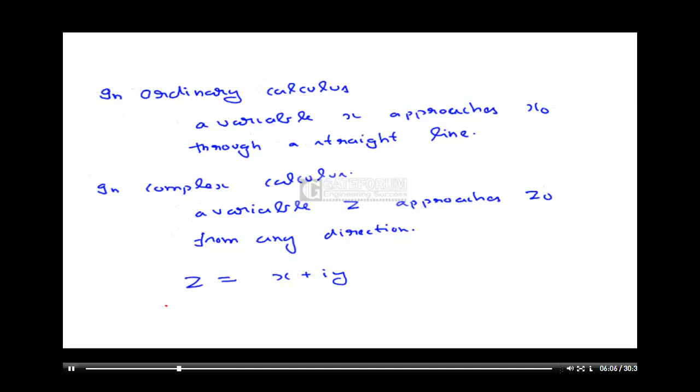So depending on whether x is changing or whether y is changing, which gives me z naught as x naught plus iy naught, it depends on the path. It can follow any path, whereas in this case it has to be a straight line, but here it may or may not be a straight line. Okay,